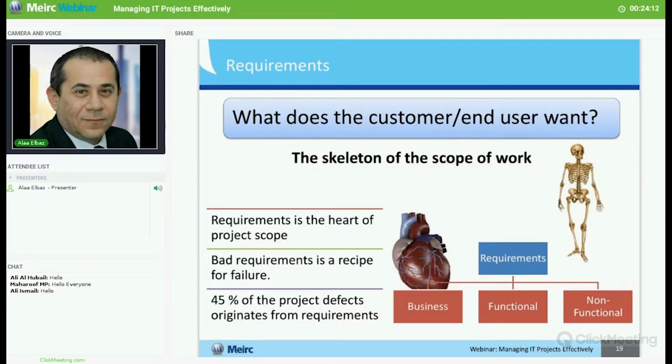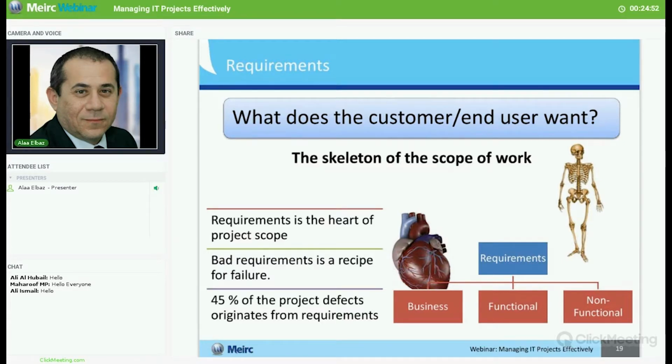Functional is we are describing the function of the solution, the basic function of the solution. So, for example, if we are talking about the printer, the basic function of the printer is to print paper. So it's describing the requirements of what this solution should do from a functional perspective. Non-functional requirement is everything else, like all the characteristics that usually come with the solution. So, scalability, if you will, availability, the color, the size, all those usually can be part of what we call non-functional